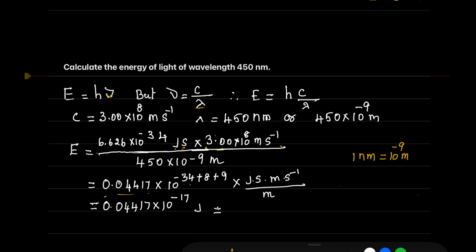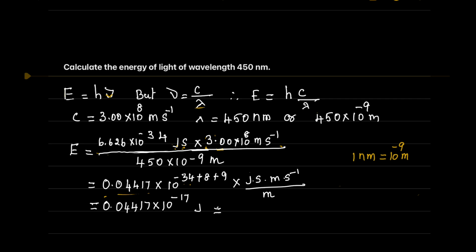In the previous two videos, we had been solving different types of problems based on the de Broglie concept. Let us work out some more in this video also. The given problem is: calculate the energy of light of wavelength 450 nanometers. The only data given in the problem is the wavelength of light, that is 450 nanometers, and we are asked